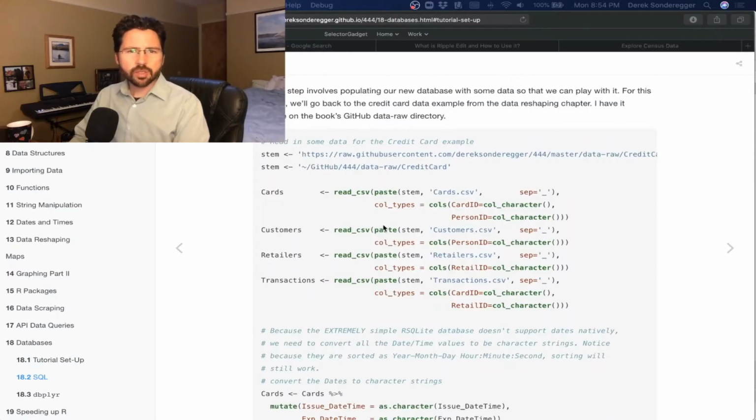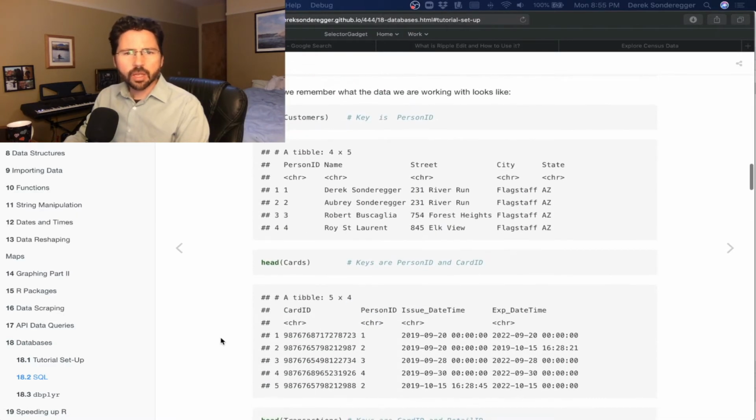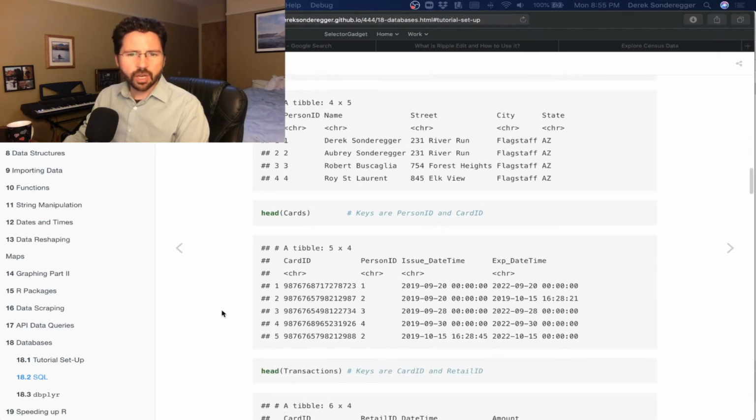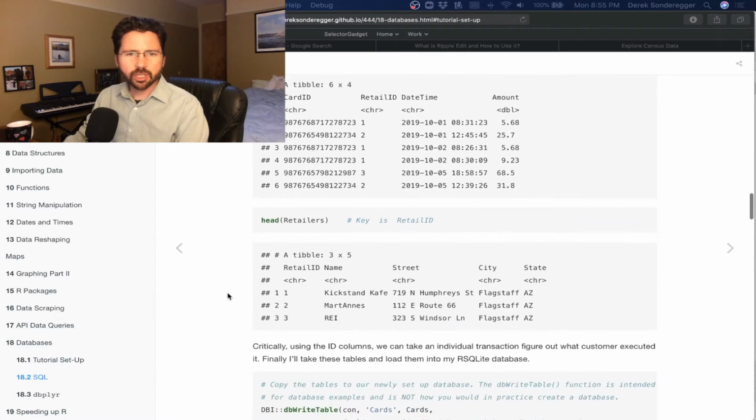Now that our database connection is established, we're going to add a couple of tables just for some examples. In this case, we're going to go back to our credit card example from a couple of chapters ago and use these four tables: the credit card table, the customers table, retailers, and transactions. Just to remind ourselves, we've got 4 customers, we've got 5 different credit cards, we've got some transactions, and a few